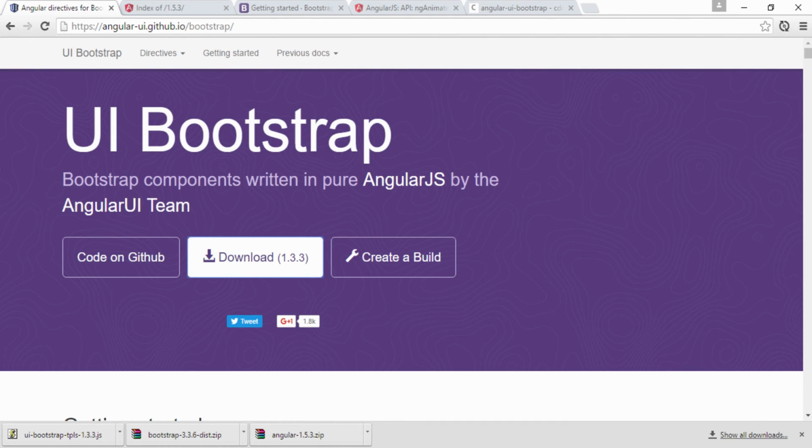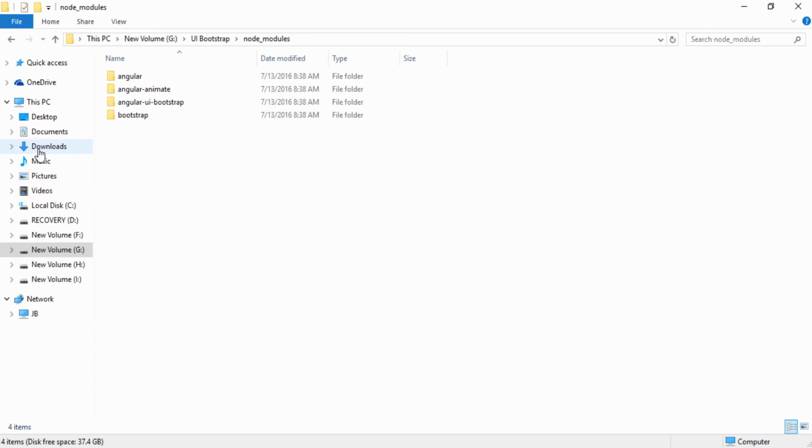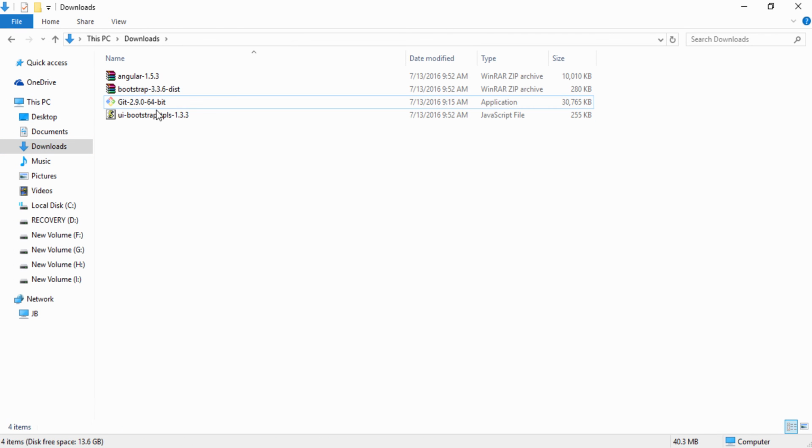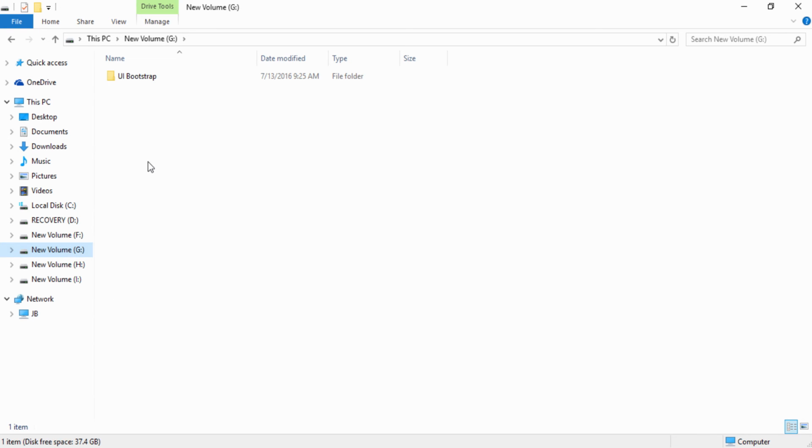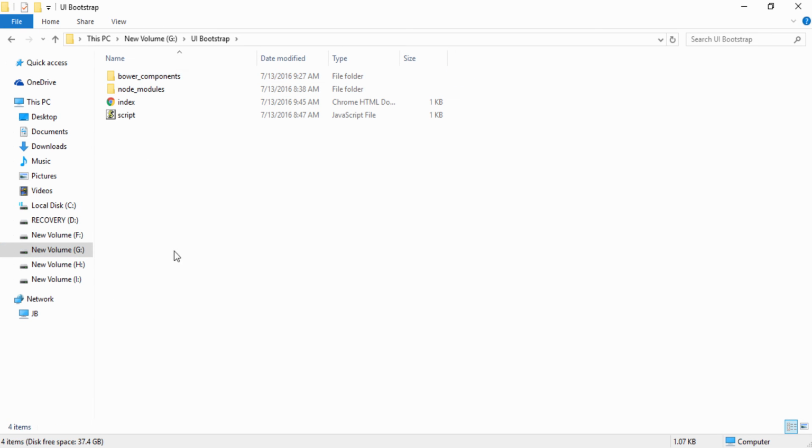If I go to my downloads folder, you can see we have Angular, Angular Animate, Bootstrap and the UI Bootstrap JavaScript file. Into my project directory, I will create a folder and give it the name vendor.